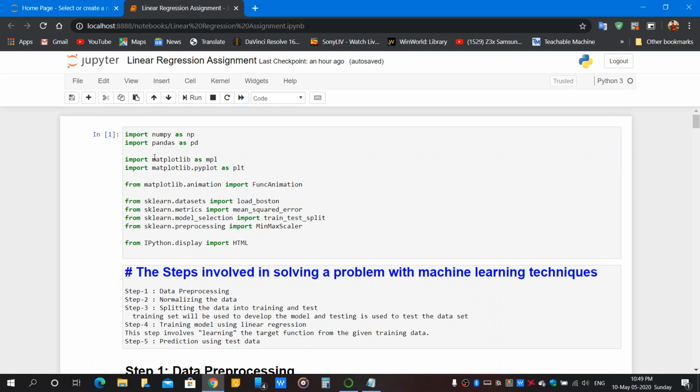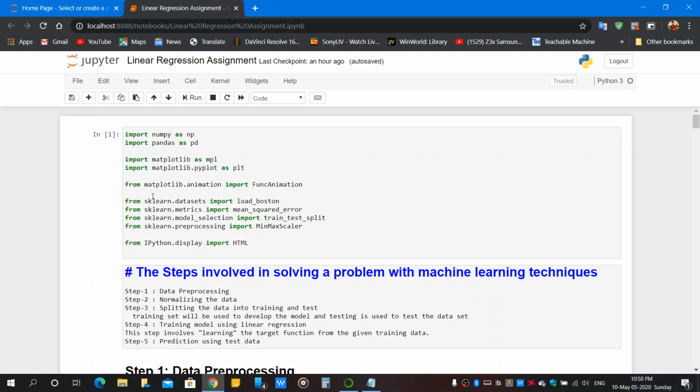After that, we import matplotlib. It is used to draw graphs. mpl is the alias for matplotlib. We also import the function animation from matplotlib.animation. It helps us to generate animations which help us visualize the process. These were some commonly used libraries in the machine learning process. But some libraries which are specific for our project, like metrics, datasets, etc., need to also be imported.